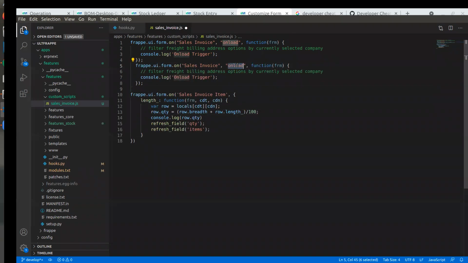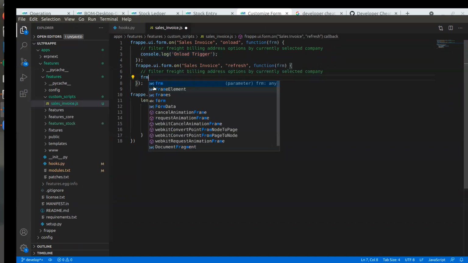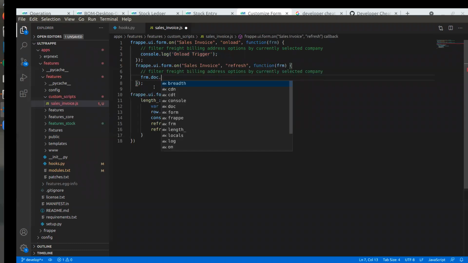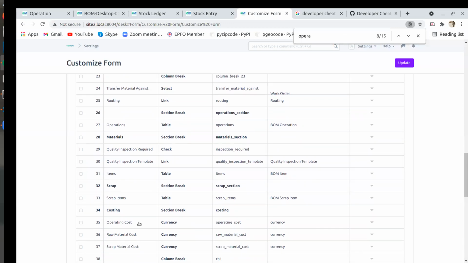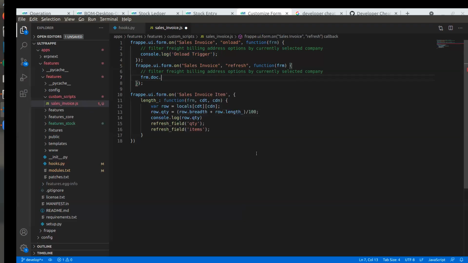What we can do is, on save or refresh, some other trigger we can use. Refresh. frm dot set value.